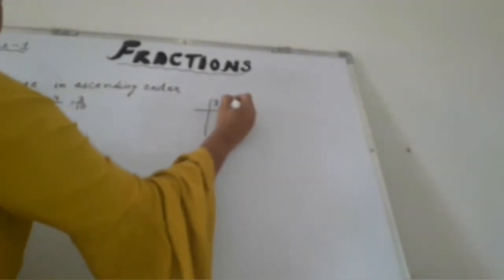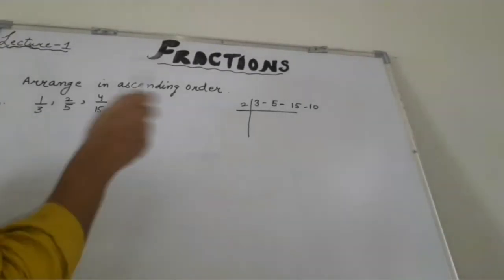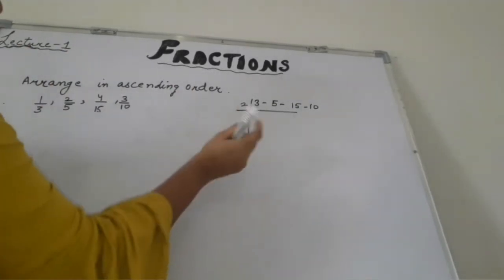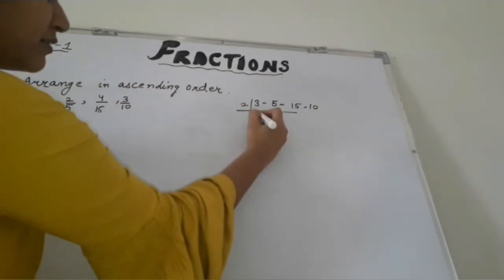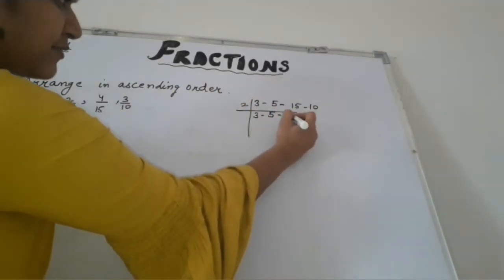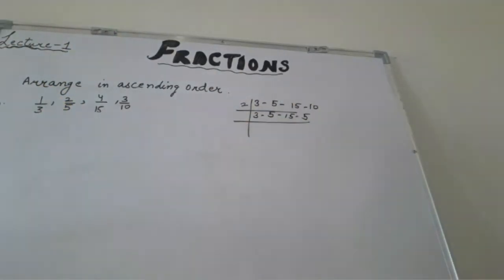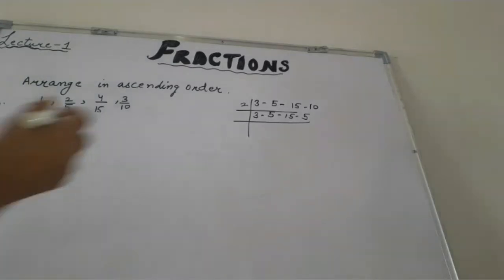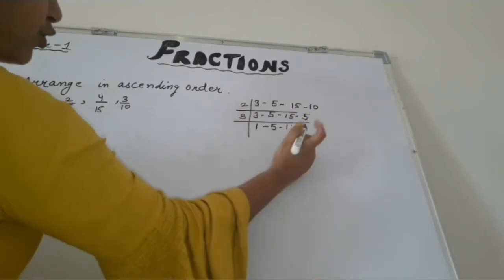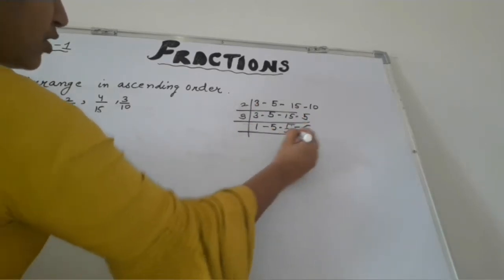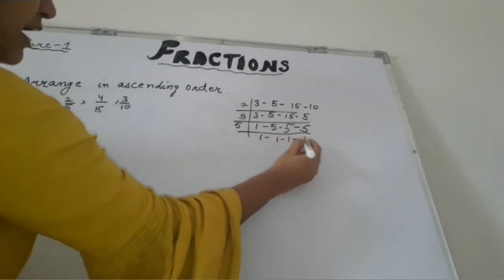You will write 3, 5, 15 and first see which number goes on 2. If any one number is divisible by 2, write it first and write the other numbers as they are. Two 5s are 10. Now on which smallest number is it divisible? It goes on 3. So write it down. 3 1s are 3, the other numbers remain the same, and 3 5s are 15. Now we are left with 5, and 5 is divisible by 5 only.